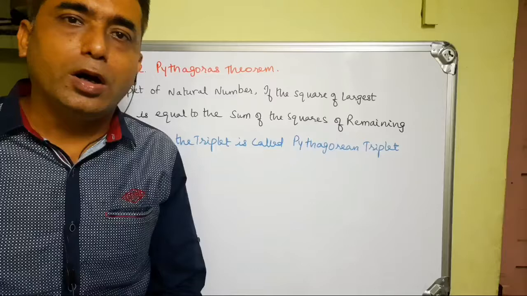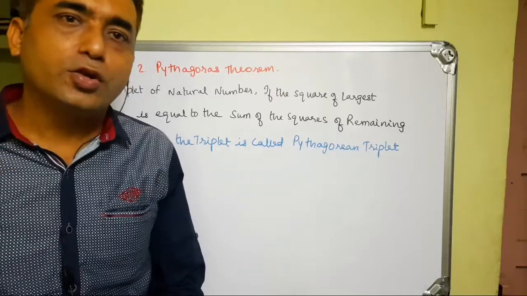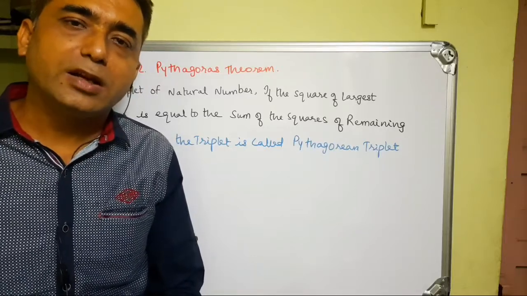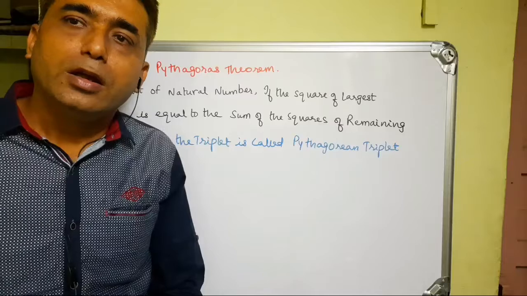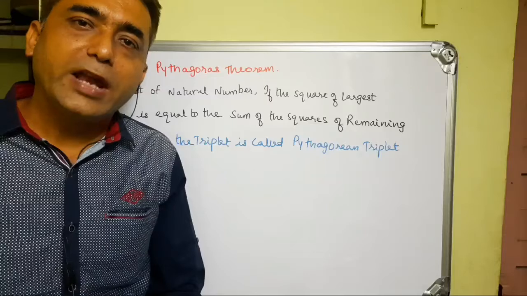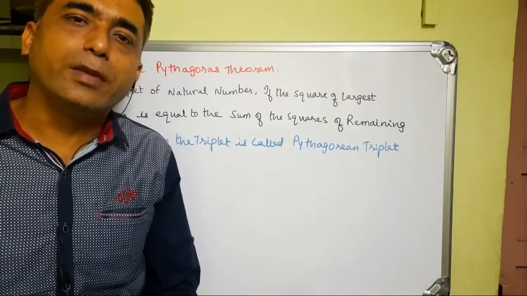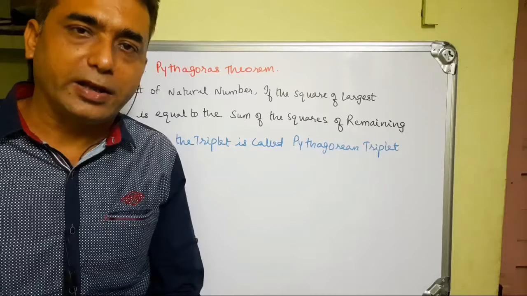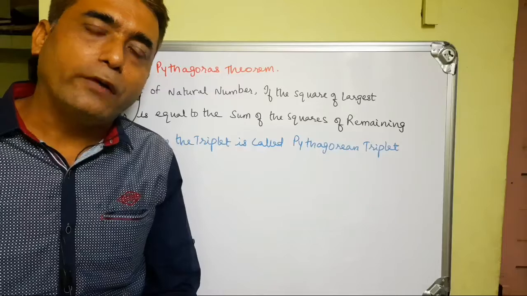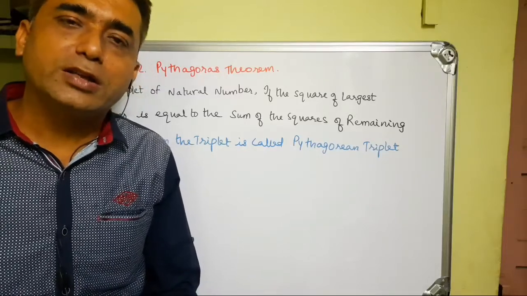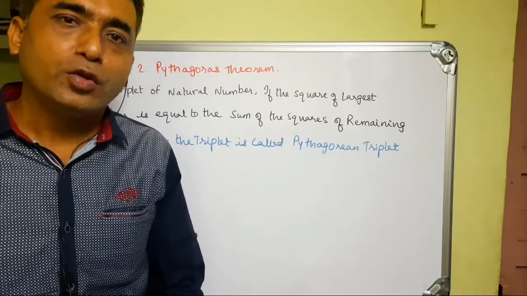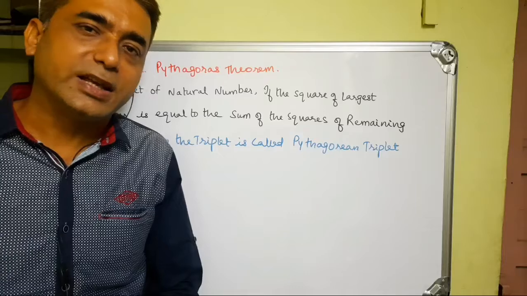Then we will review the theorem of 30, 60, 90 degree triangle. Then we will revise the theorem of 45, 45 and 90 degree triangle. After that, we are going to do similarity in right angled triangles and theorem of geometric mean. Then Pythagoras theorem and converse of Pythagoras theorem. So we will proceed in this order, in this series.